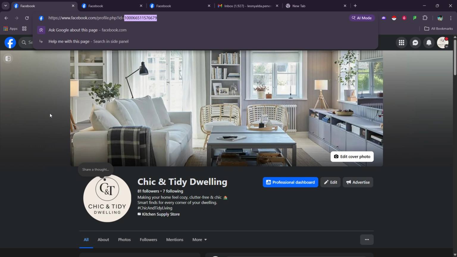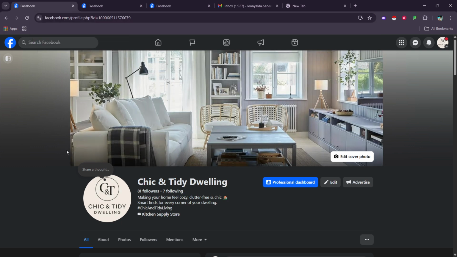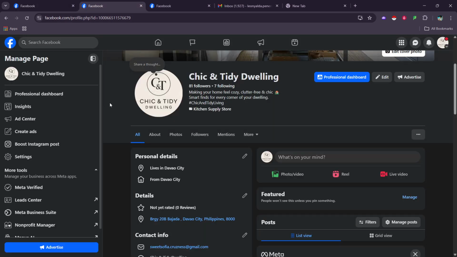First, go to your page. Open Facebook, and switch into the page so you're acting as the page, not as your personal profile. On desktop, use the profile switcher near your avatar to pick the page. You'll know you're in the right place if the page's name and photo appear at the top.